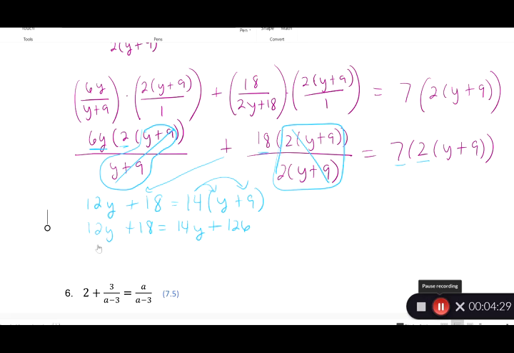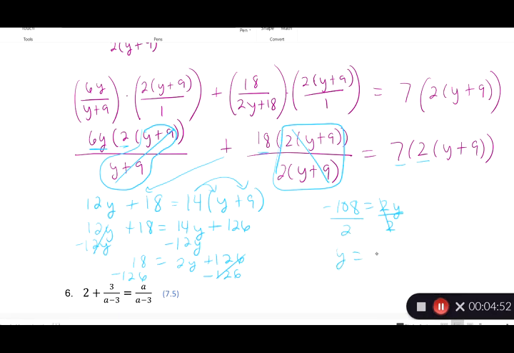I'm going to do minus 12y and minus 12y. That'll keep my y's positive. So I get 18 equals 2y plus 126. By minus 126, minus 126, I should get a negative 108 equals 2y. Divide by 2, divide by 2, y equals a negative